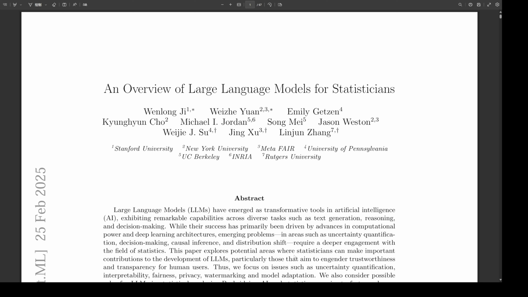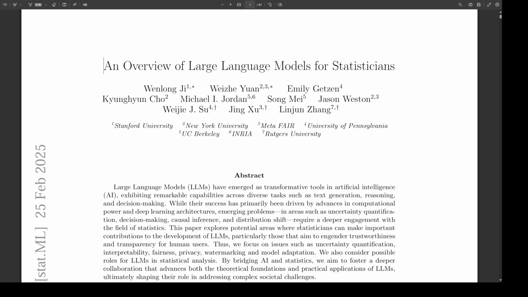All right, diving into a really fascinating area today, and that is large language models. LLMs, yep. LLMs, exactly. These are getting so much attention for, well, obvious reasons, right? Generating text, reasoning, decision making. I mean, the potential here seems really huge. Yeah, it really does feel like we're on the cusp of something big here.